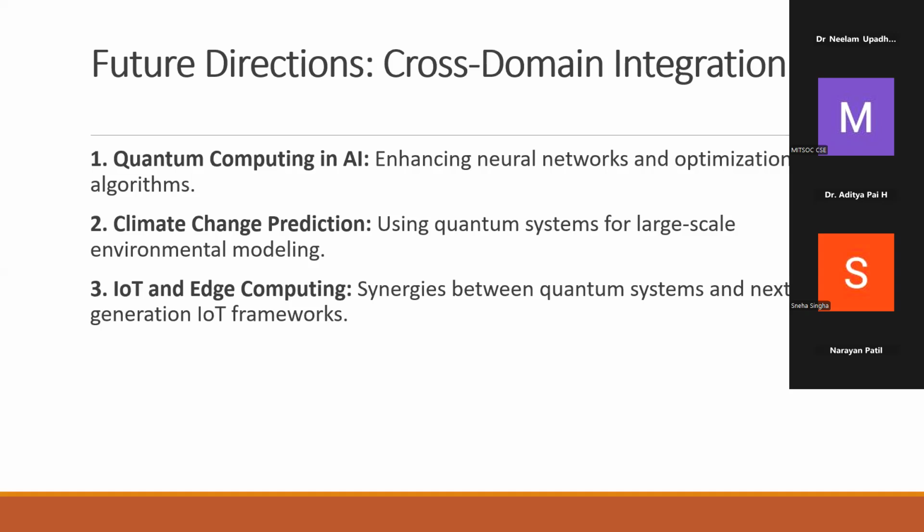Now, quantum is used to accelerate data processing related to IoT and edge computing. Quantum computing can handle the massive data sets generated by IoT devices and enable faster analysis. That means it can handle large data sets generated by these IoT devices, and then it handles real-time insights. Quantum algorithms can enhance data aggregation and pattern recognition for critical edge applications.